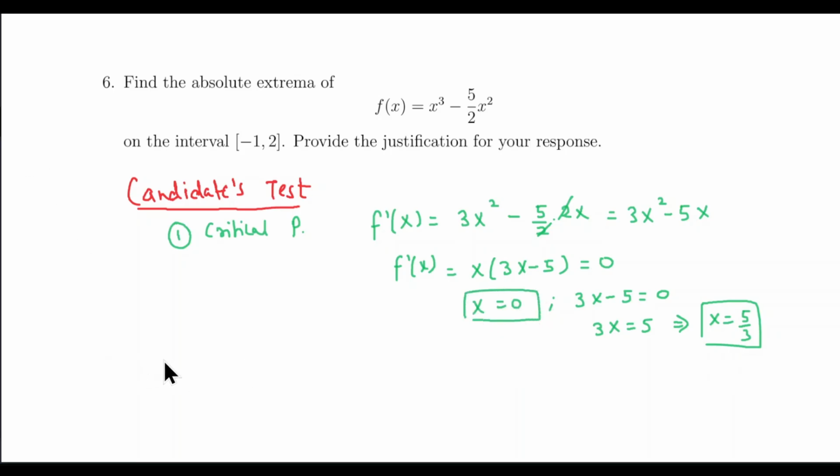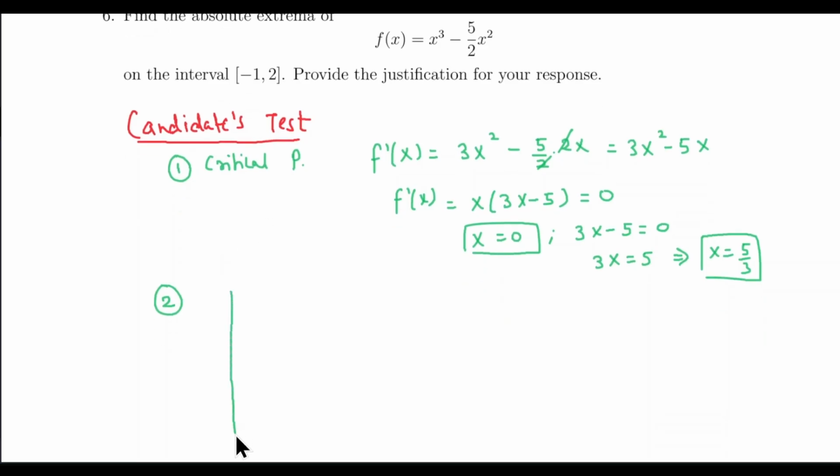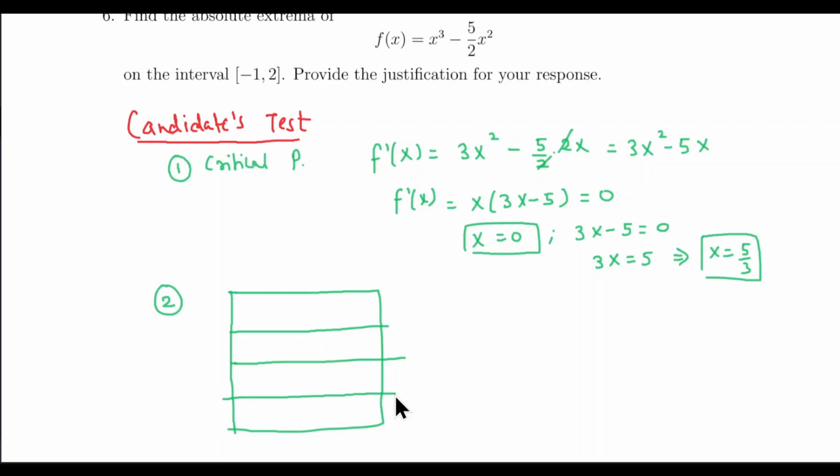Next step is to make a table and find the functional value at these points. I usually make a table, and along with the critical points, you need to find the functional value at the end points as well, as in -1 and 2. So I'm going to write -1 here, 0 here, 5 over 3 here, and 2 here. And we are supposed to plug all these points into the original function and find out how